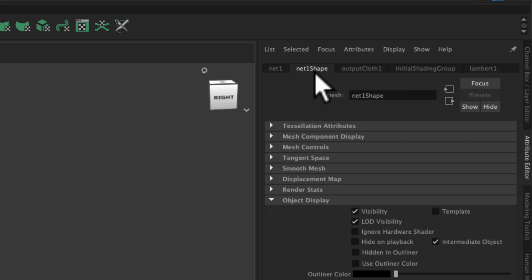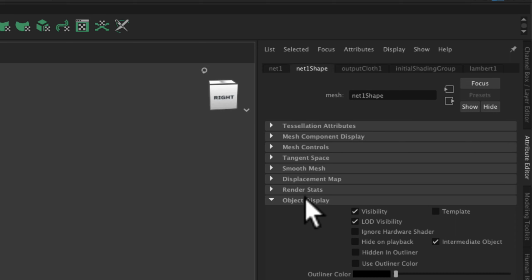That's because when you start with an nCloth, you start with a base mesh, and then it's subjected to forces, and that causes it to deform into its output shape. So every nCloth has an input shape and an output cloth. And when you duplicate it to remove the dynamics, it still preserves both of those shapes. And if we select net shape 1, so this is not the output cloth,